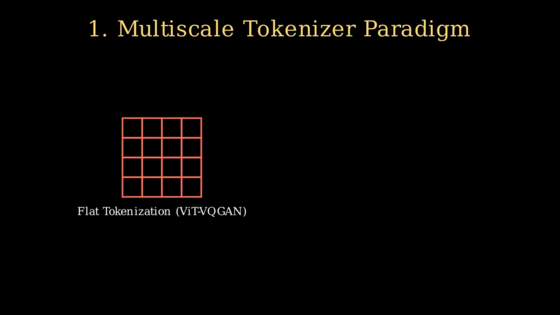Welcome back. In this section, we will dive deep into the fundamental shift brought by the Spectral Image Tokenizer, or SIT. Traditionally, generative models like VTVQGen relied on a flat tokenization paradigm. As you can see on the left, an image is divided into a uniform grid of non-overlapping patches, and each patch is processed identically regardless of its content. However, this uniform approach is highly inefficient. Natural images contain vast areas of low-frequency, smooth content, mixed with sparse regions of high-frequency details. Flat tokenization wastes computational resources on smooth areas while simultaneously struggling to capture intricate details. Thus, we cross it out.